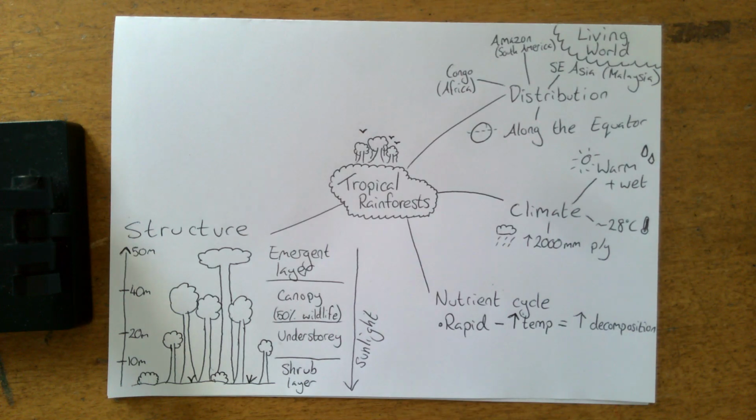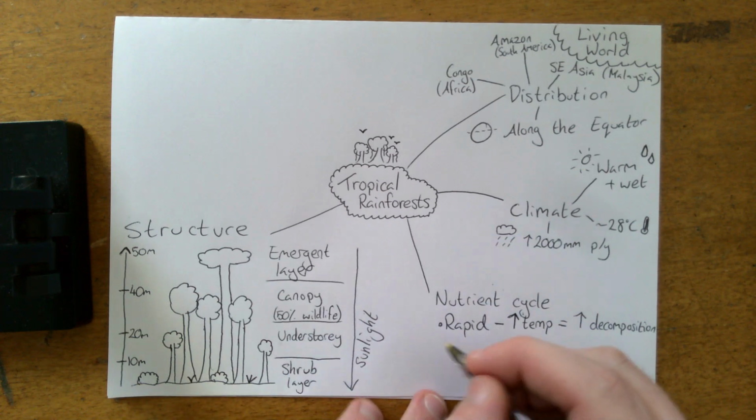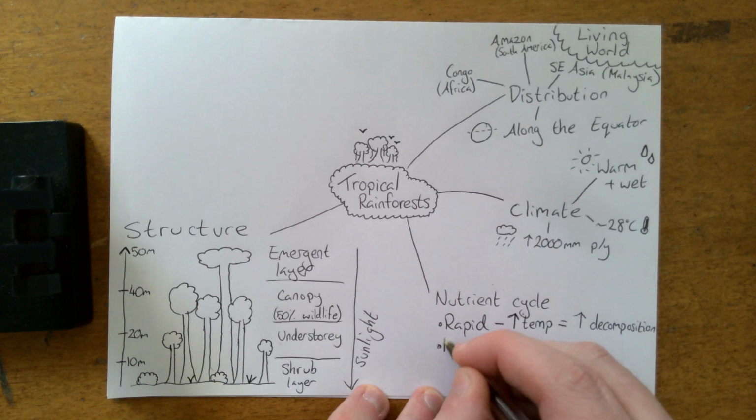Decomposers work well in hot environments. It allows them to break down this dead organic matter. So leaves that drop from the tree fall onto the forest floor here, down here in the shrub layer, and are very quickly broken down by decomposers, and their nutrients are released back into the soil. However, because there are then so many plants here in this ecosystem, the nutrients very rarely stay in the soil for very long. And what ends up happening is most nutrients